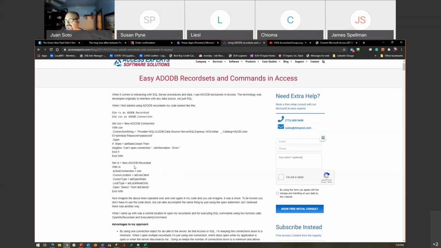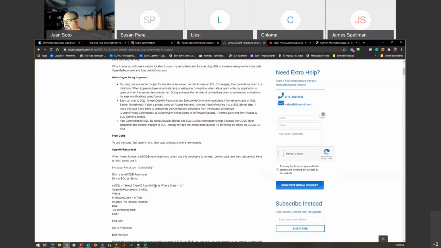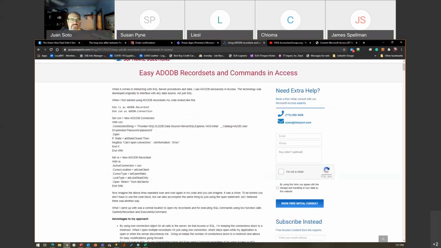And so what I did was I said, you know what, I'm going to create a methodology called Easy ADODB. And I talk about that. And all of that is this right here, open my record set. So this open my record set is a procedure that does all those lines of code. I just type open my record set, I pass along the record set object, I pass along my SQL statement, it goes, executes all those lines in one place in my library, right? I mean, it's just a very simple thing. It's just a framework I created. Comes back with the results. Bingo, I'm done. So you could do it this way, and that's fine, and you're all going to do that,